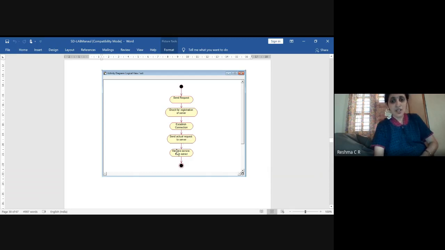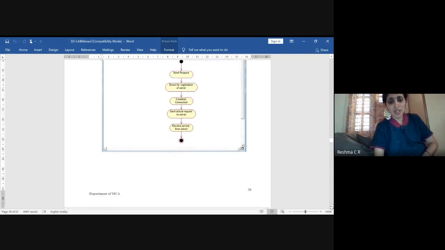The server will request the service, and since no more service is being sent by the client, it will stop. You can also include one more action: the server will run the service. That is the activity diagram.